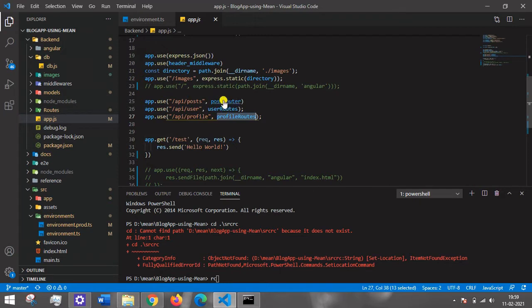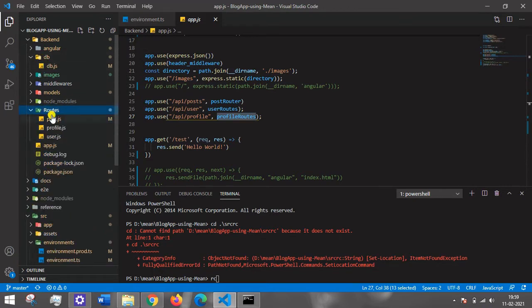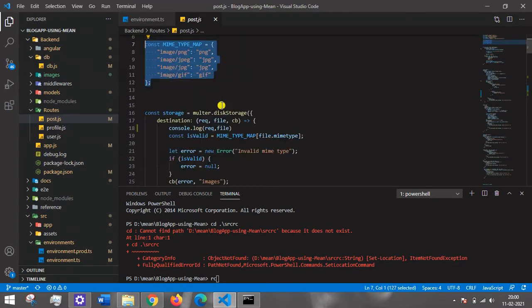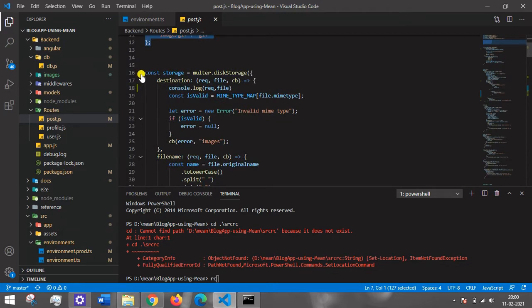For the router, you need to create a folder like this, parallel to the db.js, and you can open that folder and create a post.js for the post router. You can import all of this stuff, router, post, and so on. You need to import multer if you are working with images, but as of now I will not show any demo for the images. If you are interested in the images part, you can grab the code from GitHub and do some R&D to get it. This is the function I have written for the images.